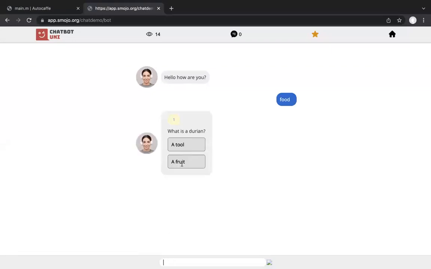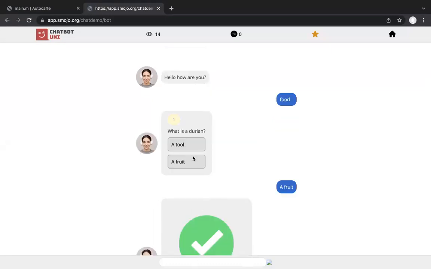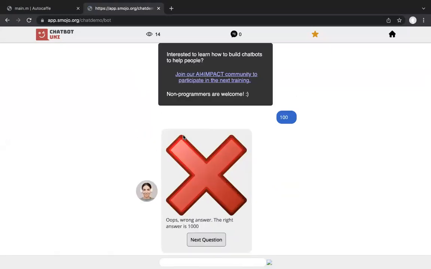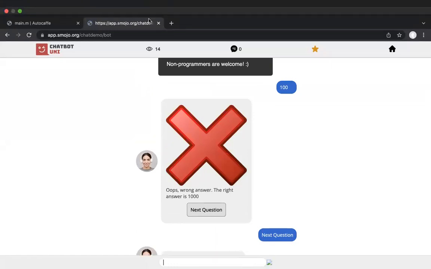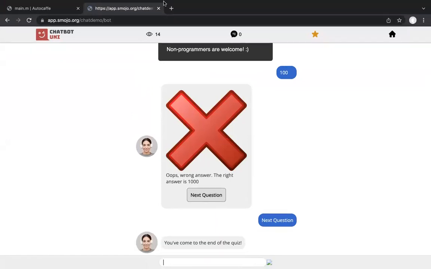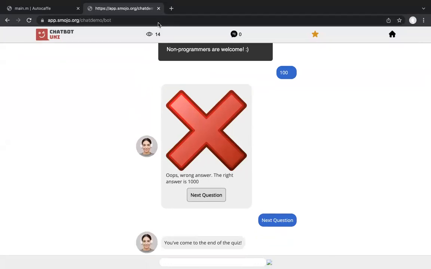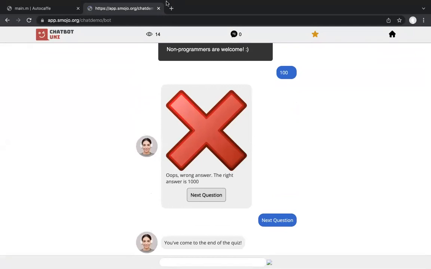Okay, so if I select food, right, I get the food. Let's say it's a fruit. Next question. Let's see, I see 100. Obviously not. Okay, it comes to the end. All right. So I hope that should be fairly clear. So one last remaining thing before I just finish this thing off, and that is,